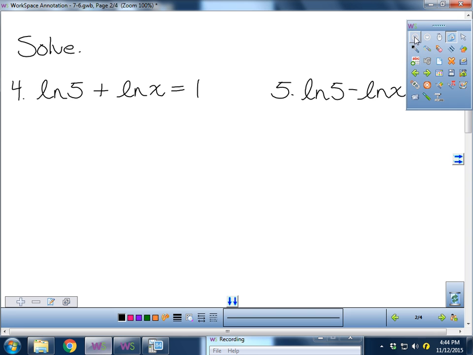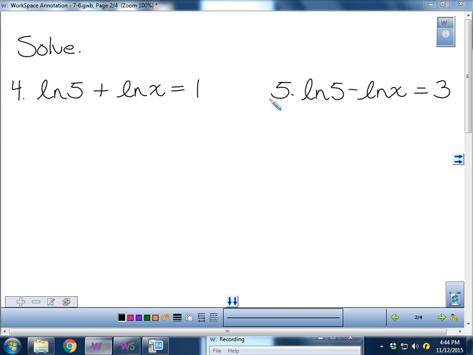So let's talk about how to solve natural logs. Well, here's the thing. They work exactly the same as a regular log. The only thing is you're not going to have a base down here. Natural logs, you don't have like a base of 4 or a base of 5. When you're adding, you're still going to multiply your non-base. So you're still going to multiply the 5 and the x and condense it down into one log. So this is going to be ln of 5 times x